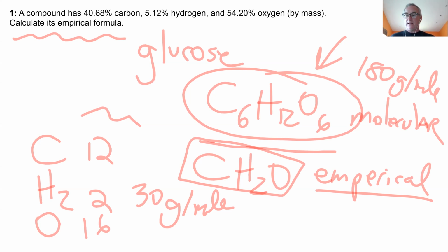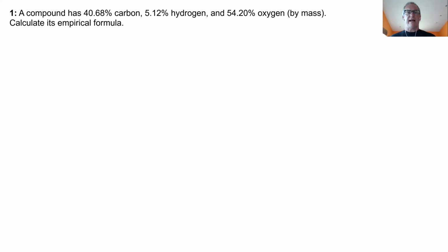So let's see how we do an example like this. When we say a compound has this percent of carbon, this percent of hydrogen, this percent of oxygen by mass, what does that mean? How are we going to express that in numbers we can use? You can assume it's out of 100 grams. Out of 100 grams, right? Yeah. Exactly, because basically what it's saying is that out of every 100 grams,